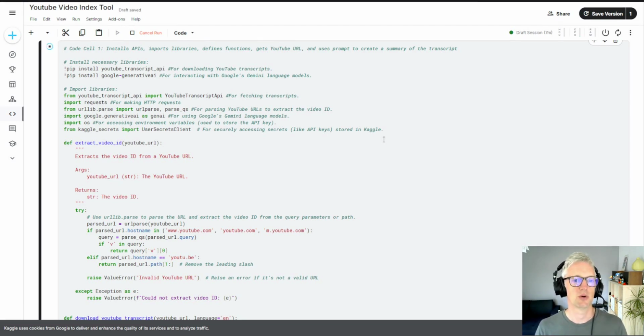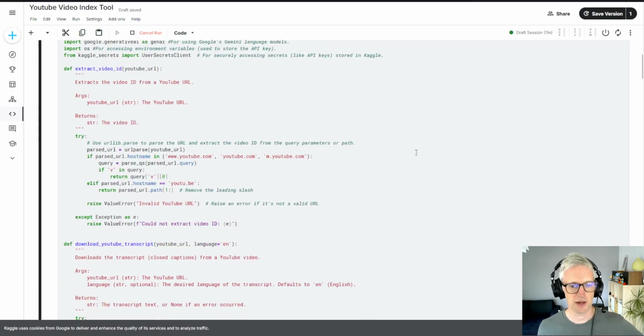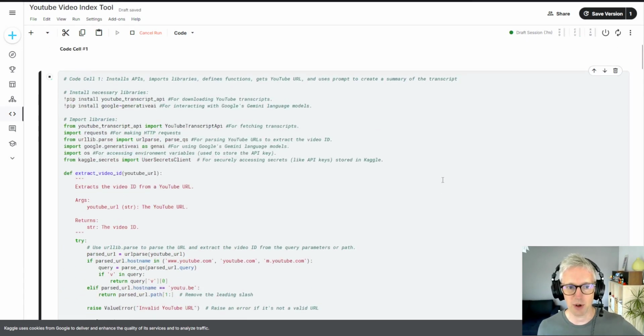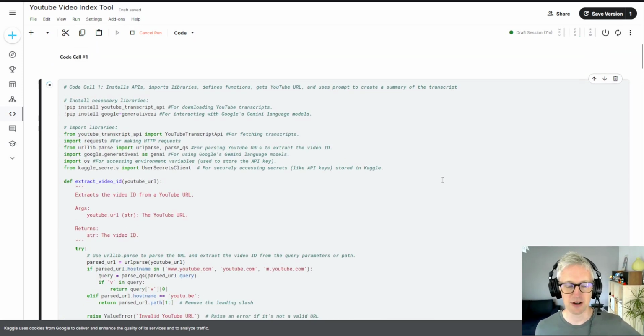So this code takes the transcript from YouTube and then it works with it. So it's obviously got the function which imports from the YouTube transcript API to get the transcripts. And then it does various things with it. I'm not going to tell you exactly what those things are because honestly, I don't exactly know. I can tell you on a macro level exactly what this is doing, but not on a micro level. And that's important because